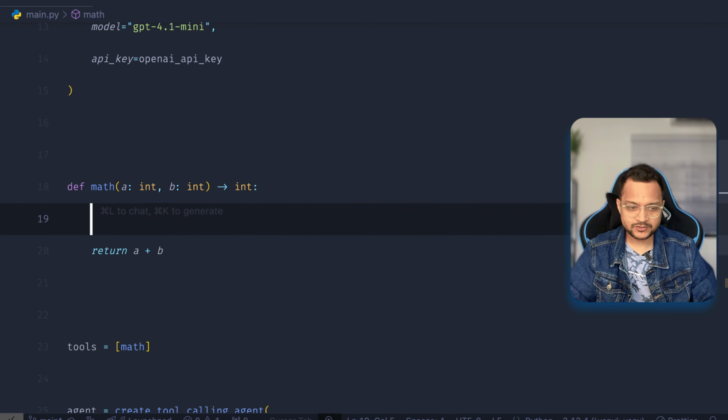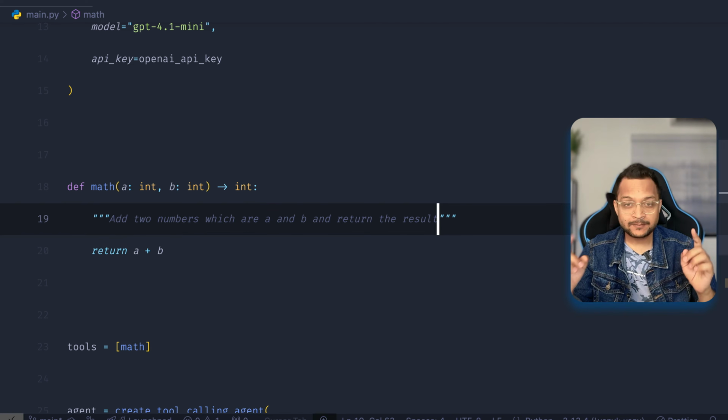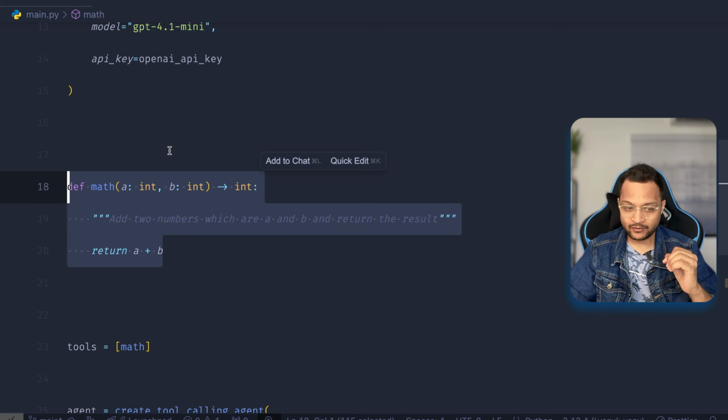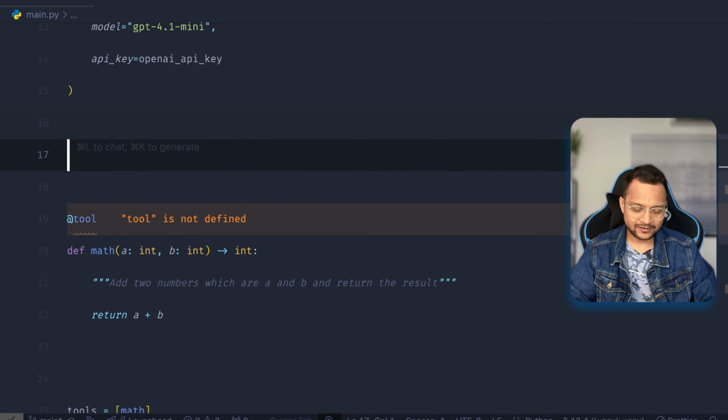So how do we provide the description? We just need to use these three double quotes, and inside that we say: add two numbers which are A and B and return the result. Okay, now this function is useful to the LLM, but still, hold on, we still have to make it a tool. How? We need to add a decorator, and we say it's a tool, and this decorator comes from